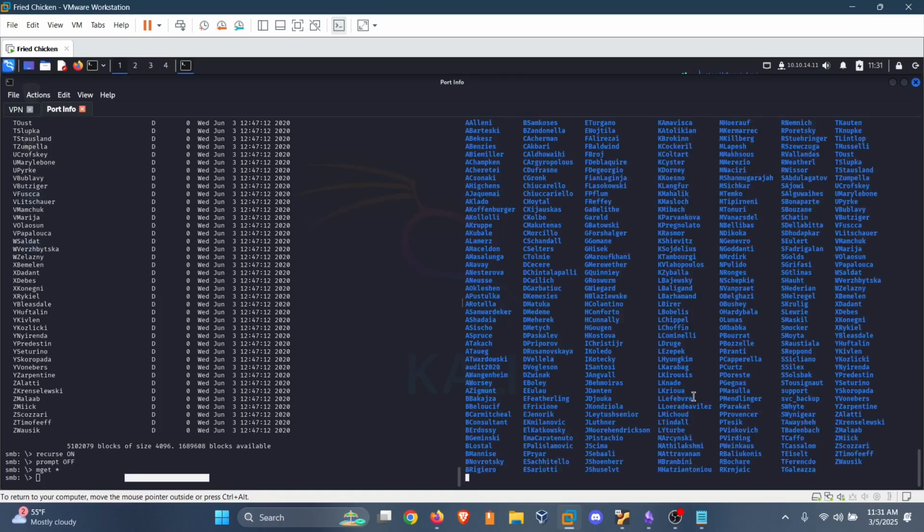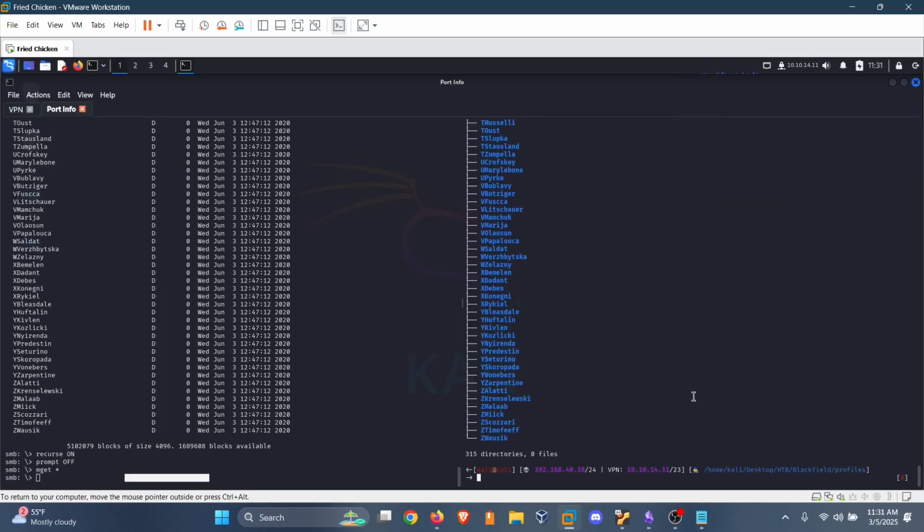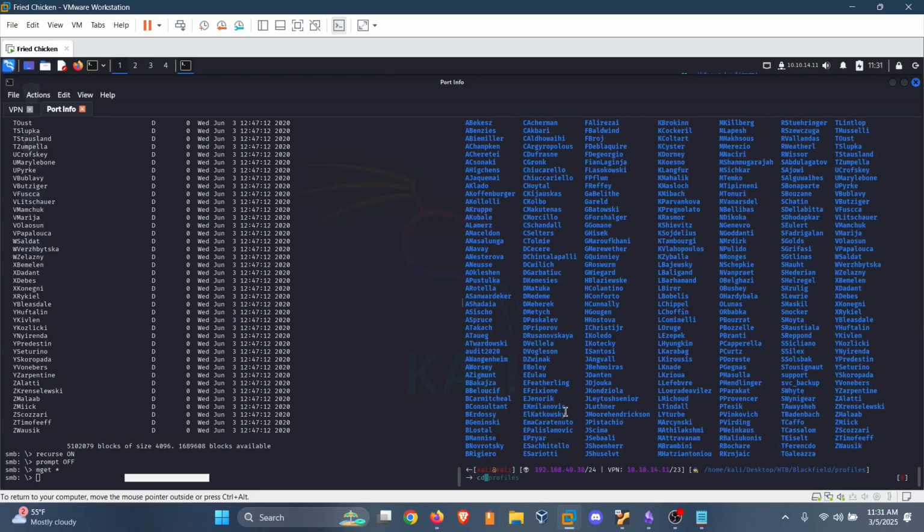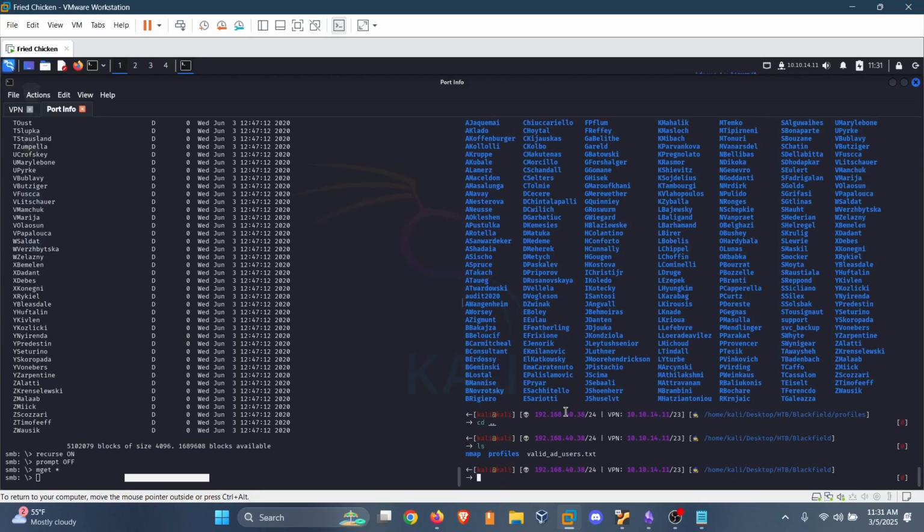If we go to profiles and we do tree dot, we'll see that there's no file inside any of this. Yeah, okay, that's true. Great. So let's exit